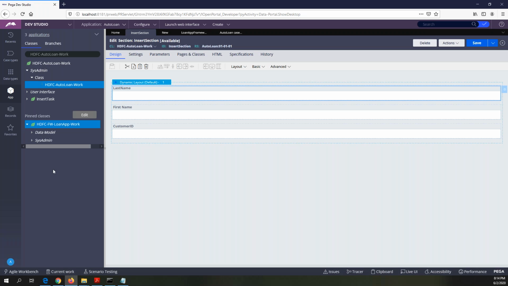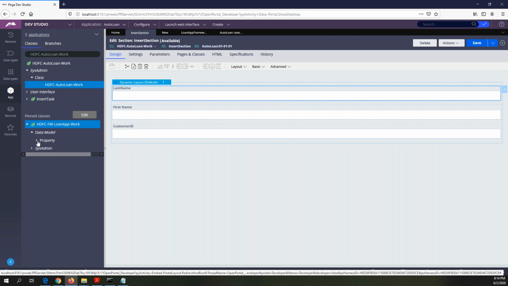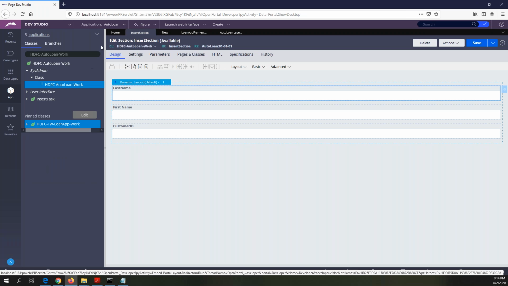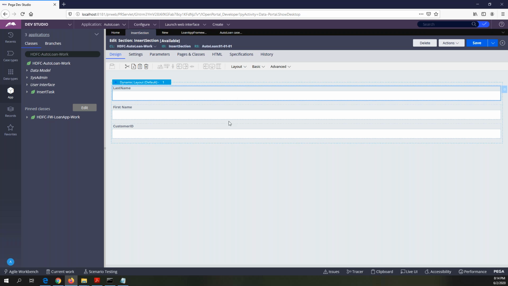Let's open your framework, it is here. Just open the properties. Customer ID, first name, last name are there. That's fine. Refresh it, try it once. There is a customer ID, first name is here, and last name is there.